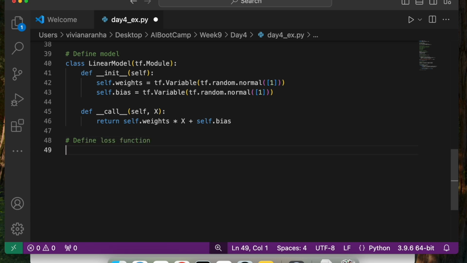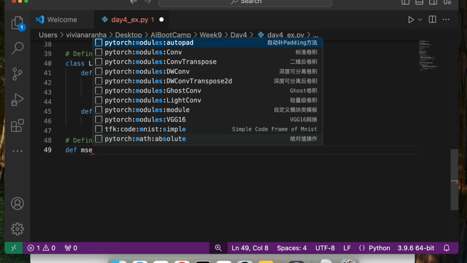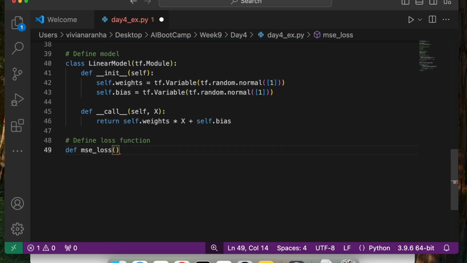Now to define the loss function, I'm going to use the MSE loss that we've implemented earlier this week. It takes y_true and y_pred.